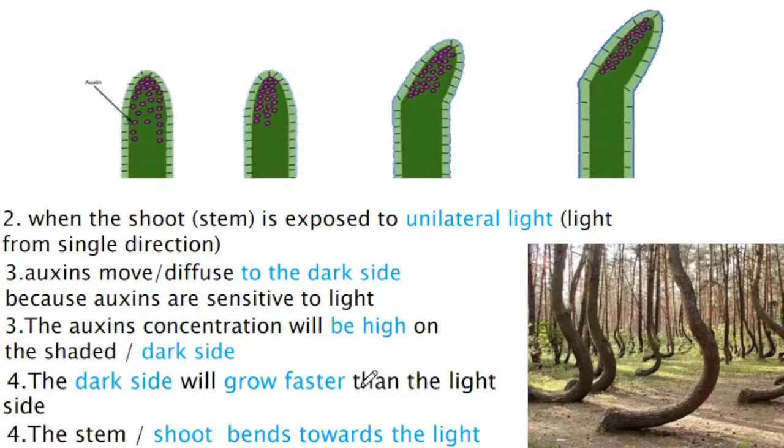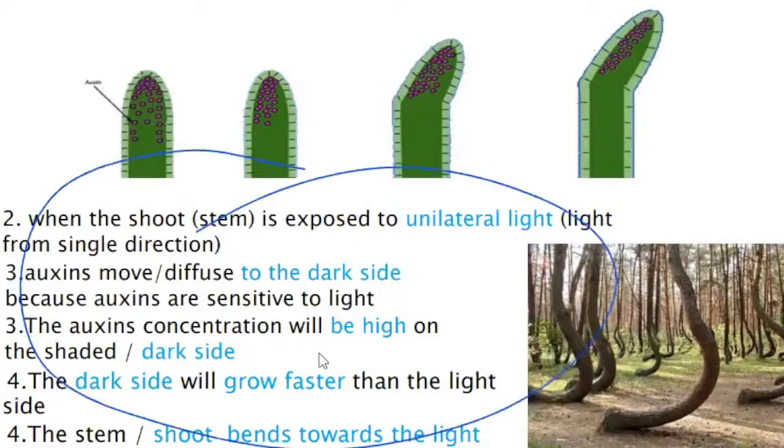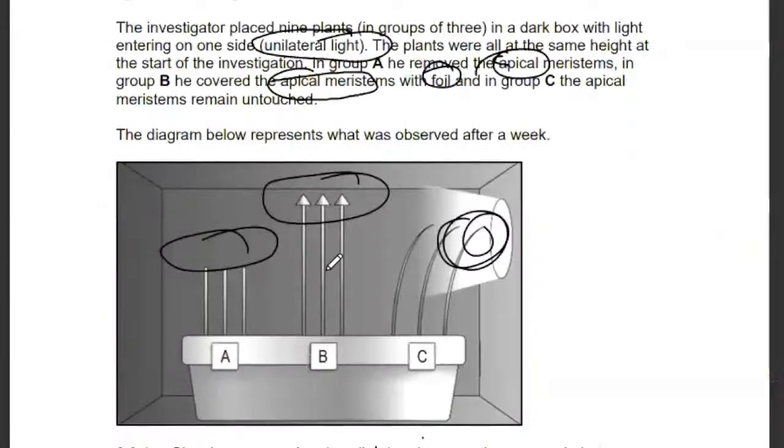And then the dark side will grow faster than the light side, and then the shoot will bend to the source of light. So they are basically trying to explain this. So the 4 marks are coming from here. Yes. Then they're saying